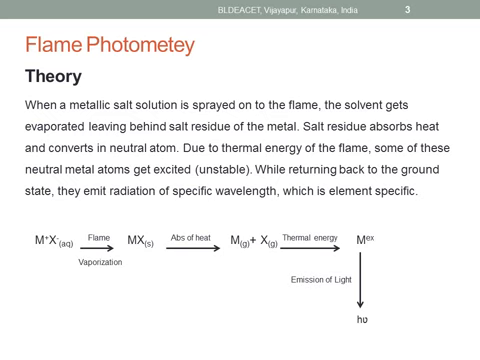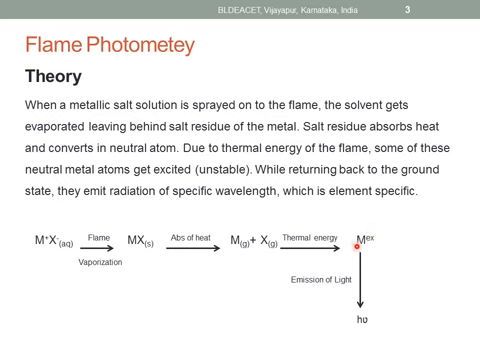Whenever a metallic salt solution is sprayed onto the flame, the solvent gets evaporated, leaving behind the salt residue. This residue of the metal absorbs heat from the flame and converts into neutral atoms. These neutral atoms of the metal gain the thermal energy of the flame and get excited,